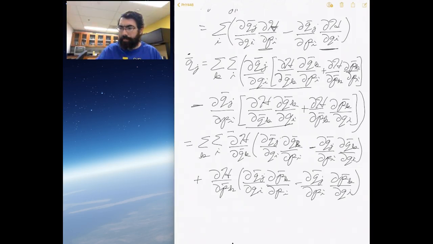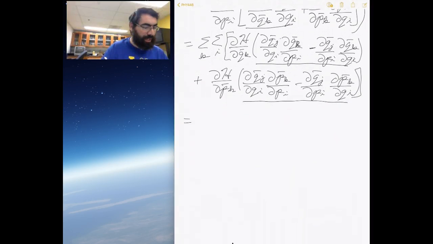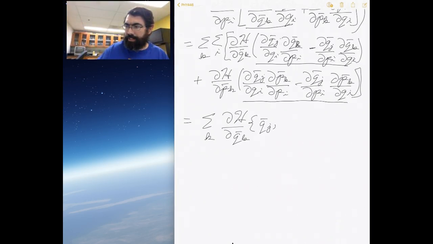And all of that is summed over these two sums. So if I now look at it, if I take the sum over i, I've got the Poisson bracket of q bar and the Poisson bracket of q bar p bar. So it's getting kind of messy, but we can clean it up now, because what we have is the summation over the index k, and I've got dH over dq bar times the Poisson bracket of q bar j, q bar k,